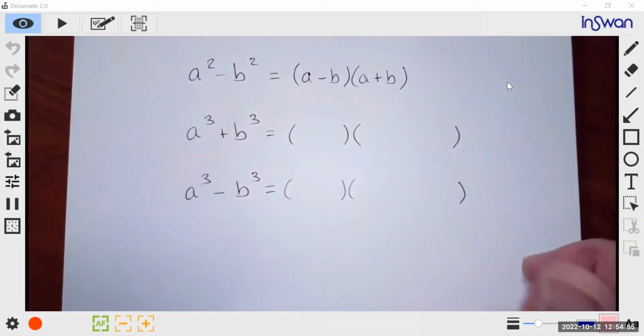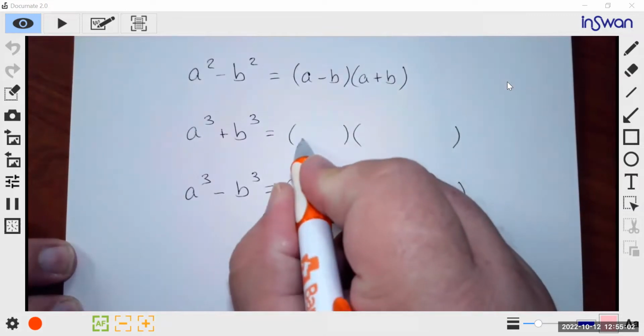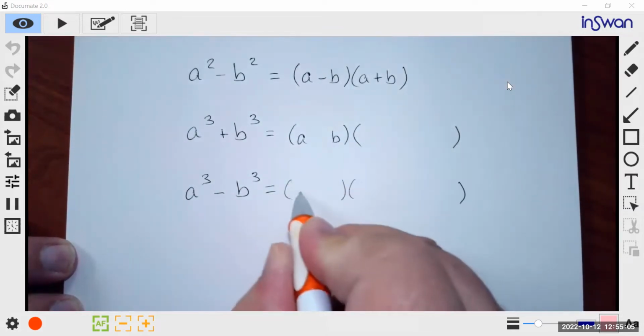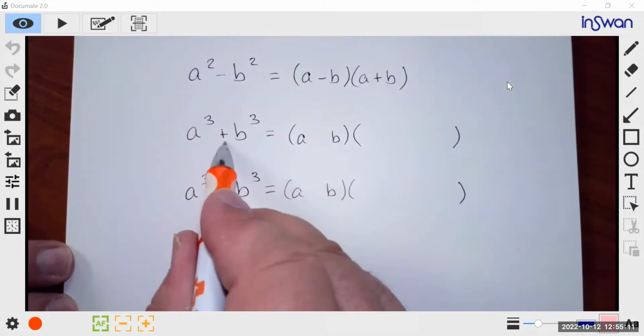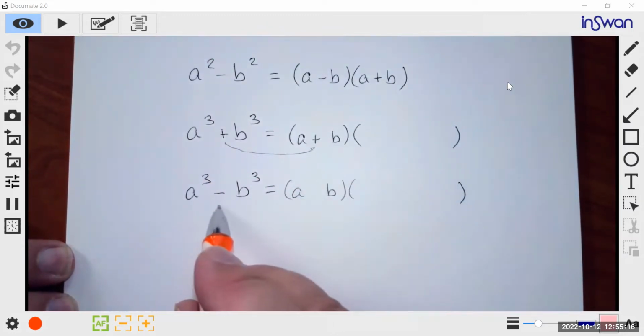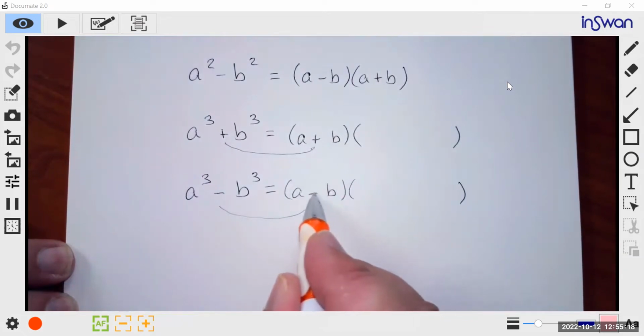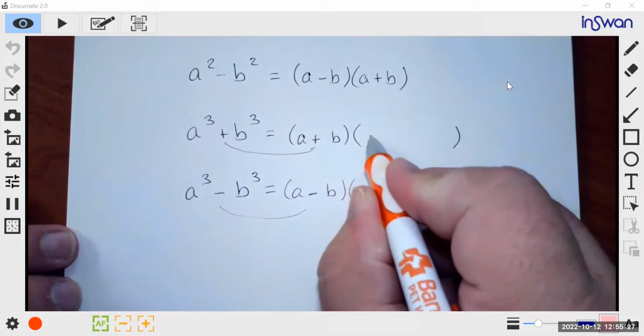The only difference between these two equations are the first two signs. It's going to have a and b in both of these, a and b. So if the equation is plus, that goes in the first box or parenthesis. If it's a minus, that goes in the first one. In the second parenthesis,